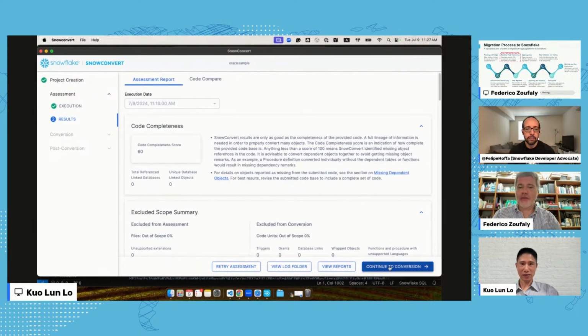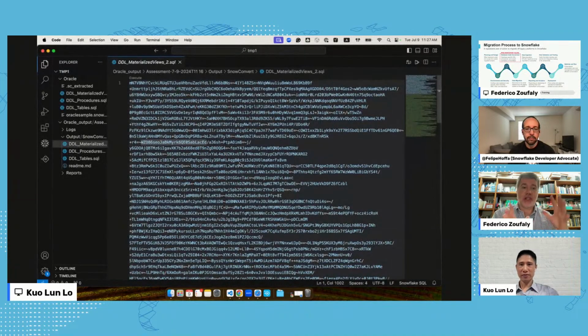In fact, SnowConvert performs a lot of the heavy lifting of the code conversion, but there's still a small percentage of lines of code that need to be manually touched. And so we put a lot of emphasis into generating the reports, to help customers understand what is not done by SnowConvert, and then we also make sure that the professional services team is there to support you in your journey, because it seems simple, but it's a little bit more complicated than it looks, and we want to make sure that you're successful, and this is why we want an engagement with you.